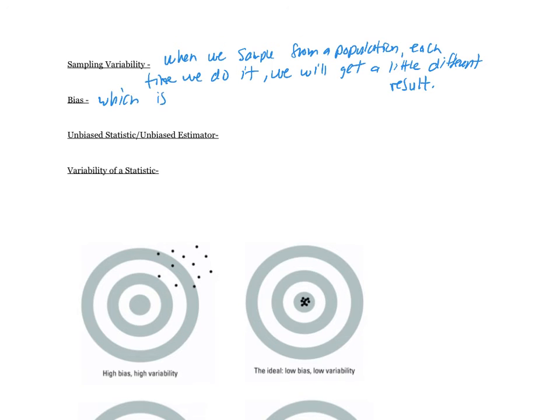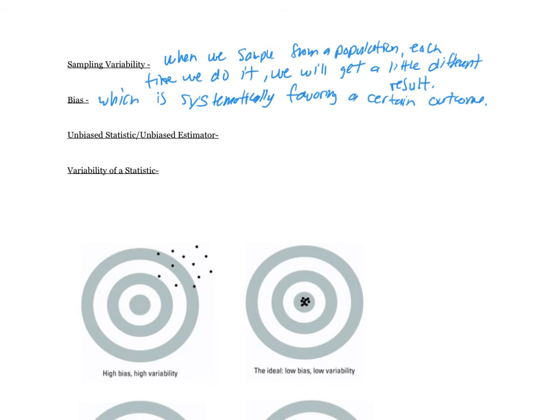which is systematically favoring a certain outcome. We want to make sure when we take our sample that we are not introducing any type of bias. We don't want interviewer bias. We don't want fear of retribution bias. We don't want to influence them by the way we write the questions. We don't want to do anything that's going to make our final answer not represent the population in general.